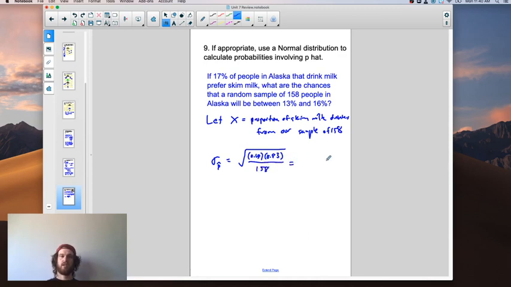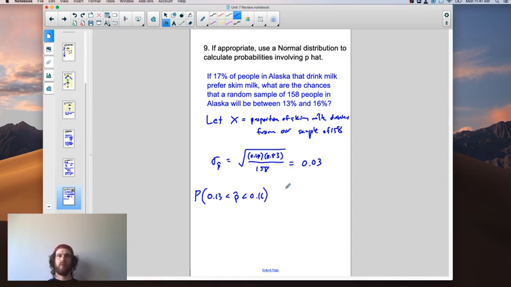All right, which ends up being about 0.03. So now we can proceed, and we're trying to find the probability that p hat, we don't have to create a random variable. We're trying to find the probability that p hat is between 0.13 and